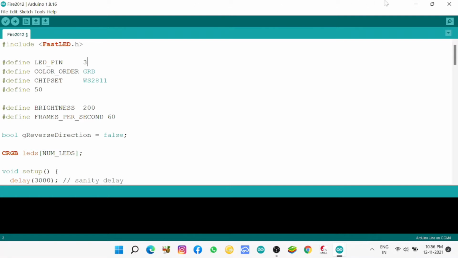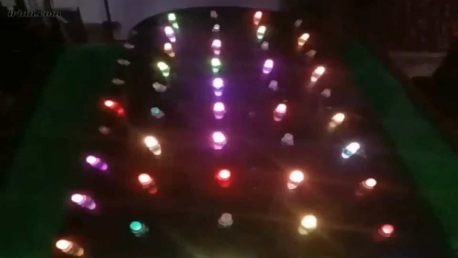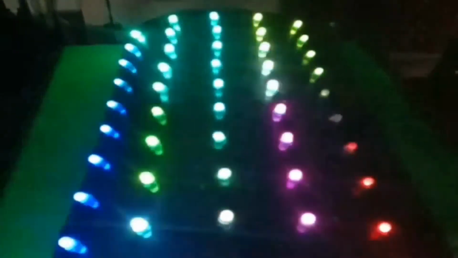So it is a childish game. In your computer, the Arduino IDE software is free, you can download it. And then this library, you can find it in the library manager. So there are various effects, up to 200 LEDs. If you have 200 LEDs, just change the sketch to 200 LEDs and go ahead, make a big lighting effect. You see how nice it is, Fire 2012.